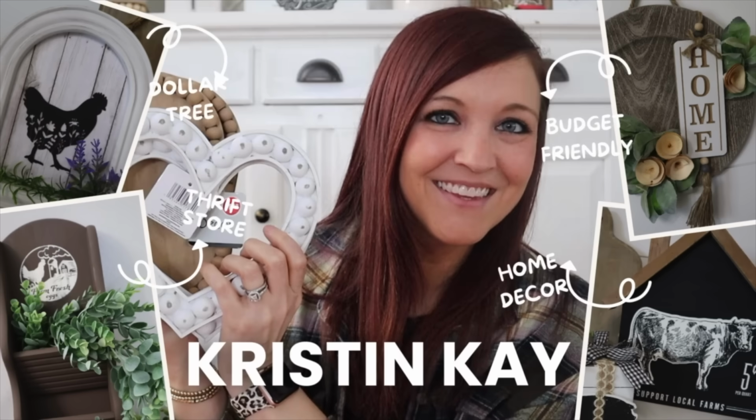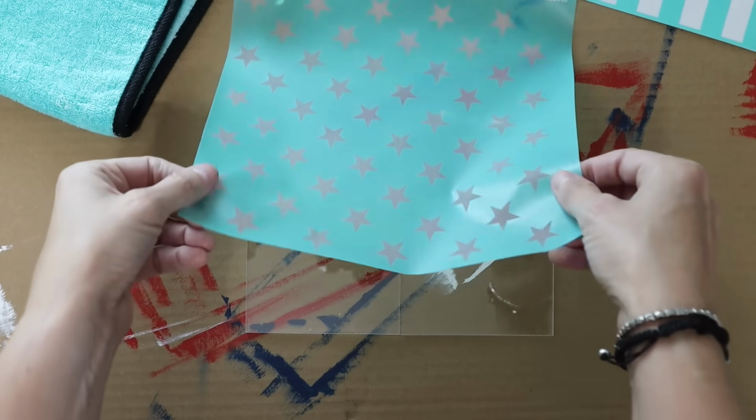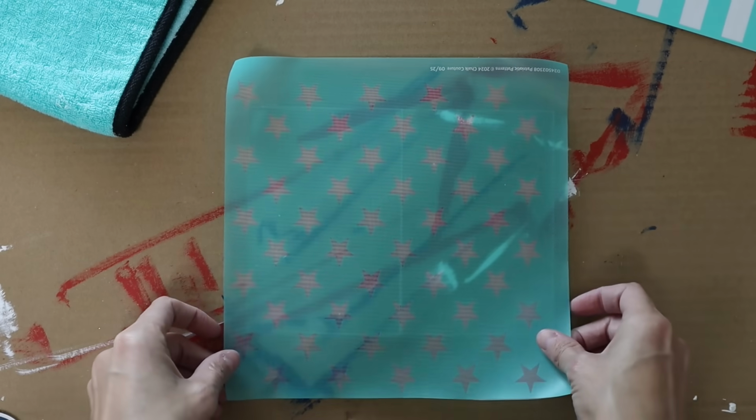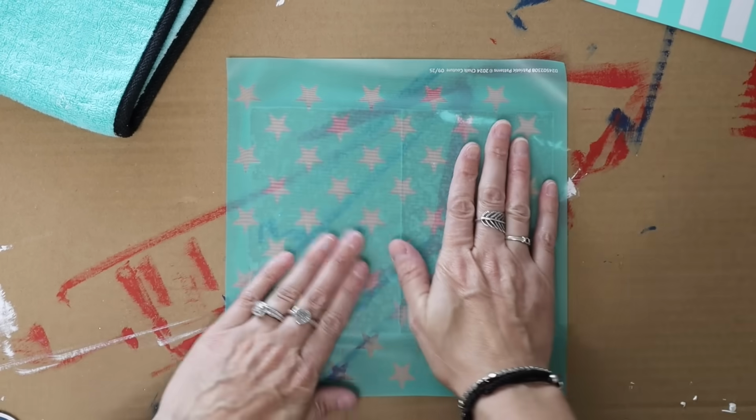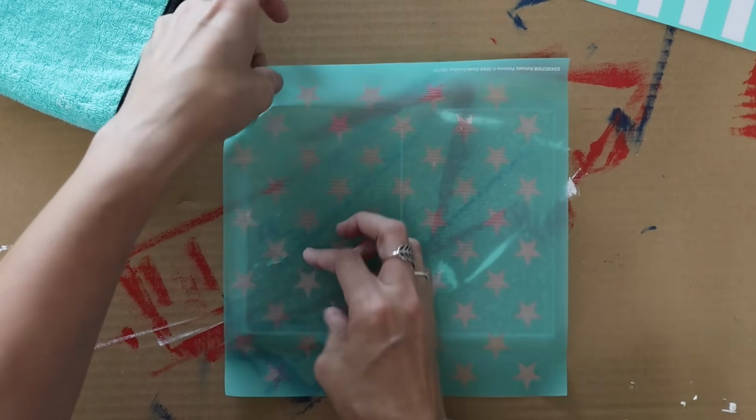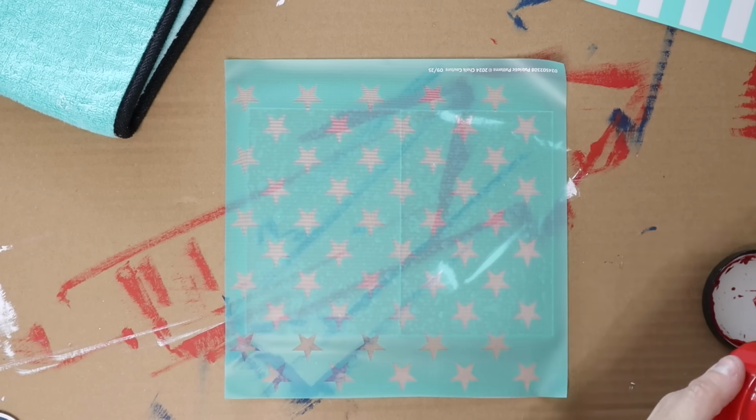I'm Kristin, and today I'm sharing some more patriotic DIYs using Dollar Tree items. So I grabbed these acrylic squares, or these acrylic boards, from Dollar Tree a long time ago. I don't know if they still have them. My Dollar Tree is very sparse on their crafting section these days, but I'm going to go ahead and use